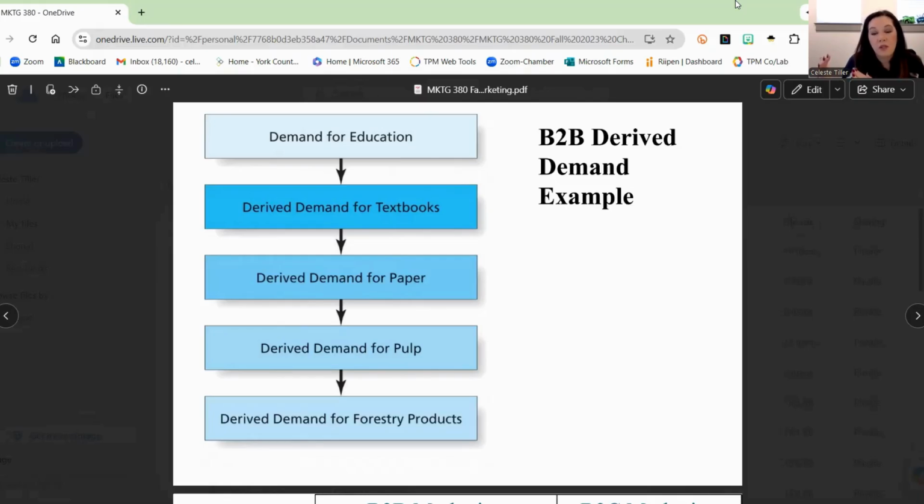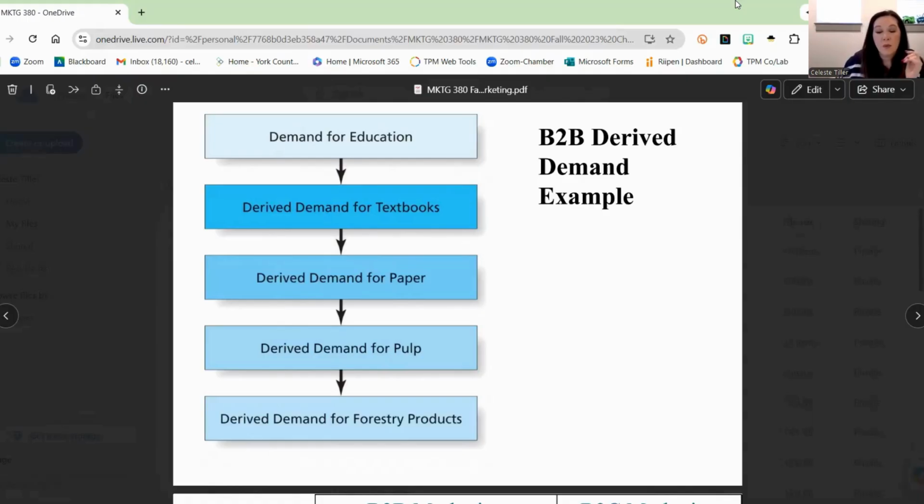And then we moved on into the other part of chapter 6, where we're talking about that B2B, that business to business. It's a little bit different, right? The end user of the product is not necessarily the person that purchases the product. And so it looks a little bit different. So I'm going to pick up where we left off.